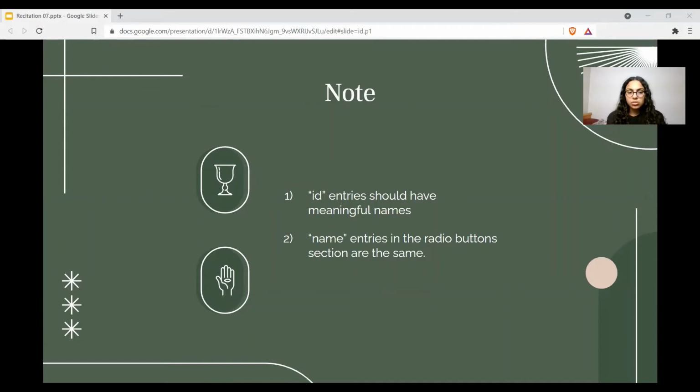So if you can see the code that I have written over there, for both the radio buttons, the name is the same. The reason for this is that the radio buttons work together. So when one is clicked, the other radio button with the same name will be unchecked. So this is why it is important to have the same names for the radio buttons. So if you haven't done these two things, then make the changes accordingly.